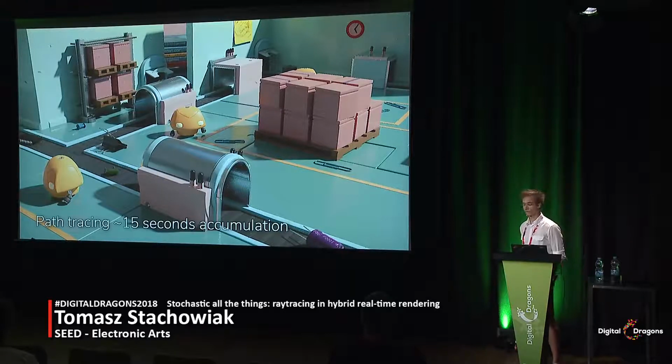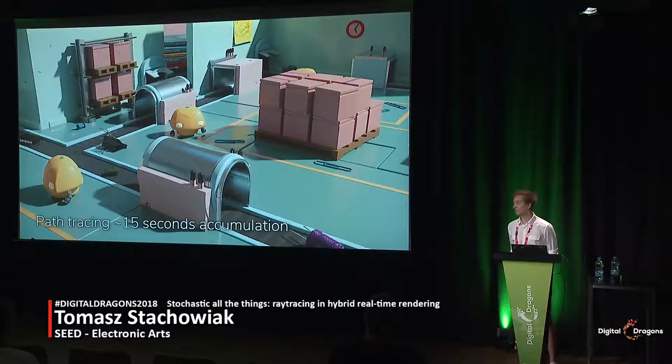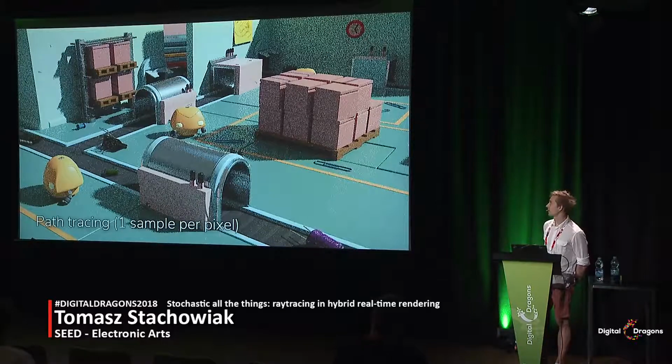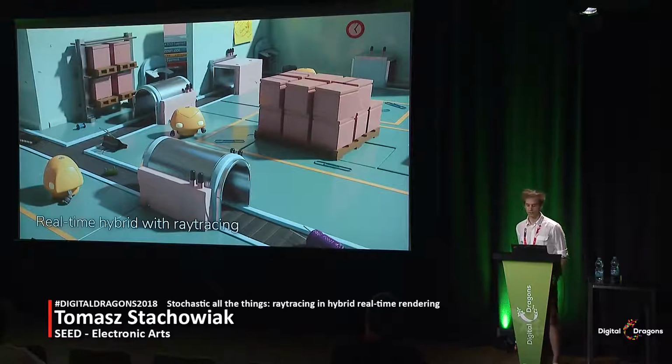Unfortunately, path tracing is not very fast. This image took around 15 seconds to generate on a top-end GPU. And there's still some tricky noise left in it, which might take hours to converge because of difficult light paths such as caustics. A 1 sample per pixel image looks considerably noisy, and even this is kind of expensive to render. But the good news is that we can render this image at real-time frequencies on today's hardware